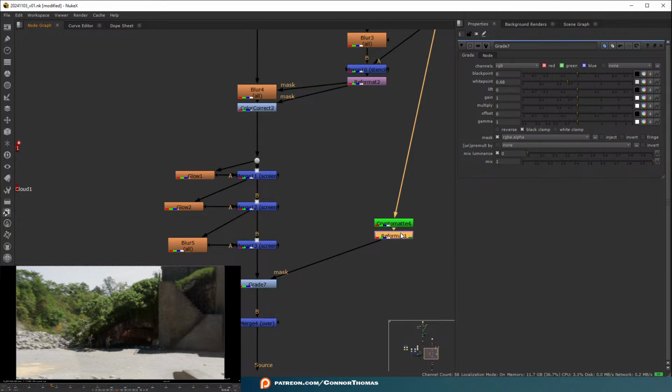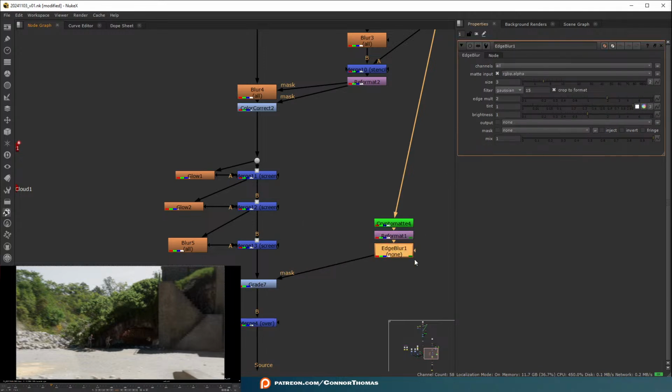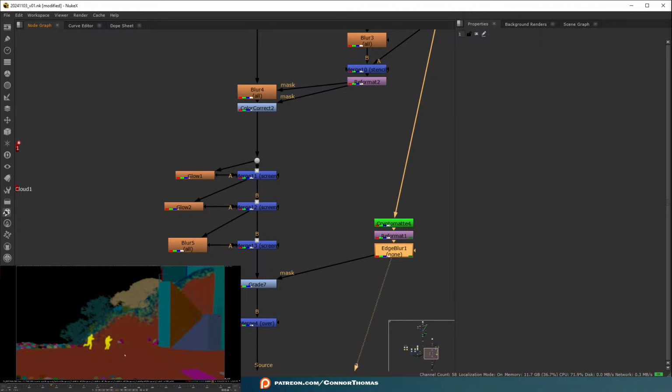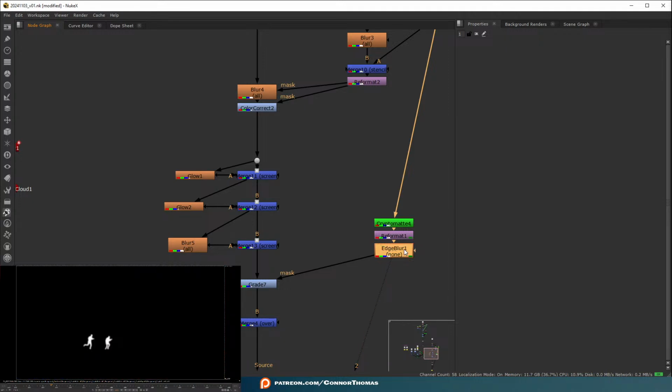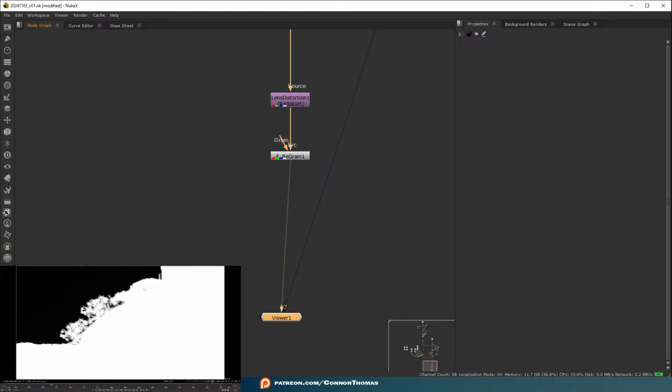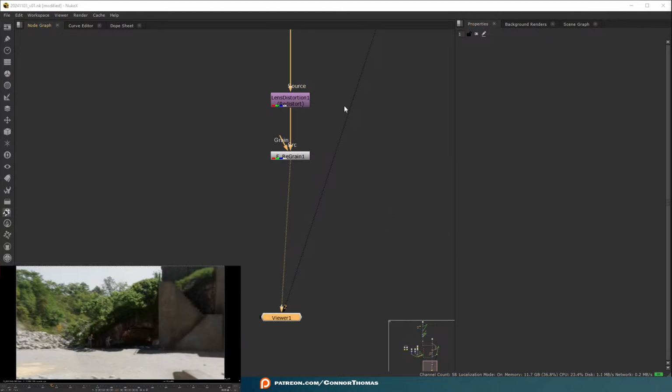What if we edge blurred this a little bit? That way we're eating into it, so that it's not lifting the edges as much. You can kind of tell what we're doing here by the alpha channel. We're just blurring that edge. It's more of a colorist thing. Usually in VFX you want to have really sharp edges, but